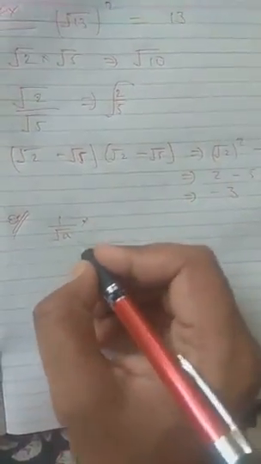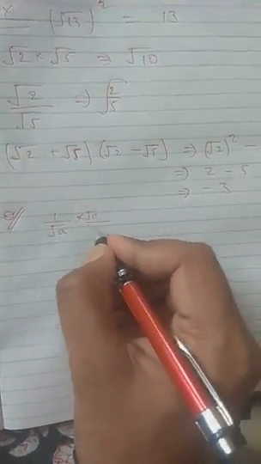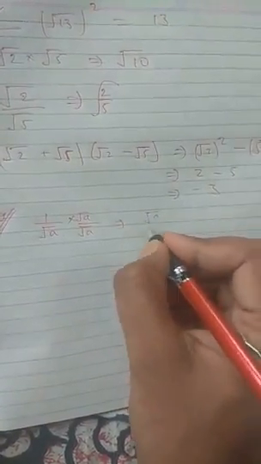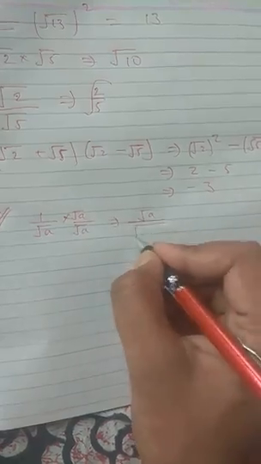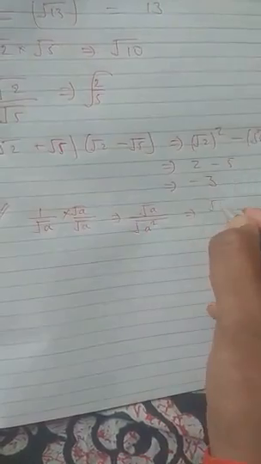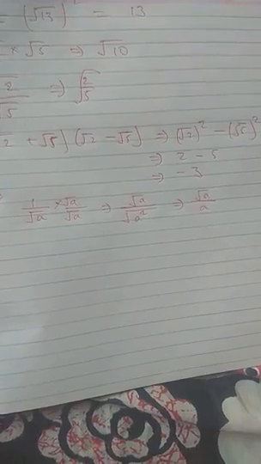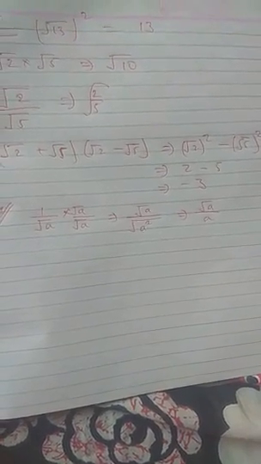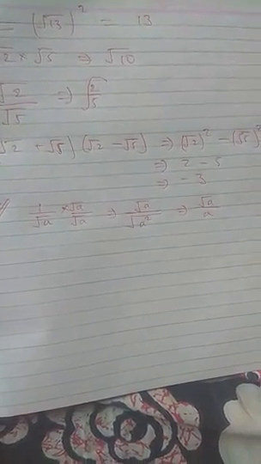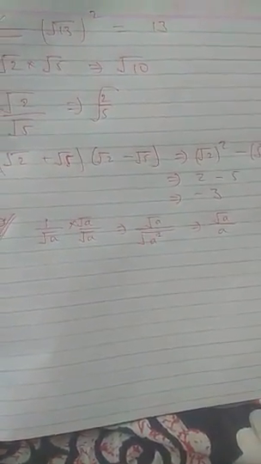So what we will try, we have root a in the denominator, so we will just multiply by the square root of a on both sides. So now you will get square root a in the numerator, and in the denominator you will have a square under the root. So this will give the result square root of a upon a. So now we have succeeded in our concept, that we have removed the square root from the denominator. So this is the rationalization. Anyhow, you have to erase the denominator's square root.